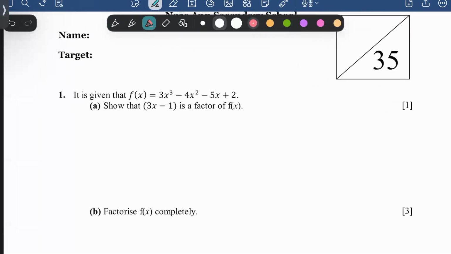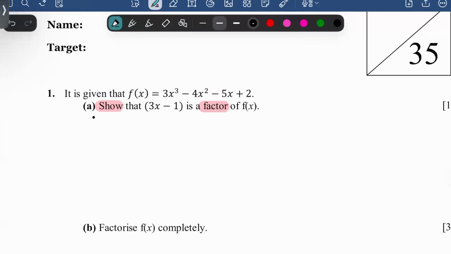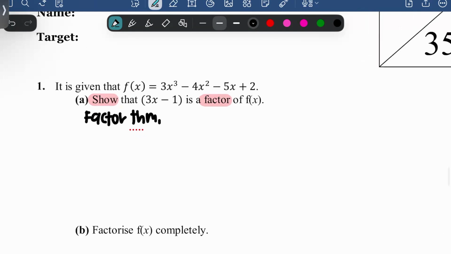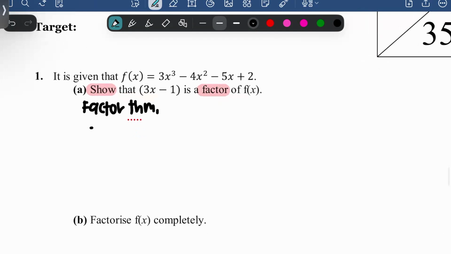Okay, so the given f(x) over here, and then you are supposed to show me that it's a factor. All right, so when this happens, we always understand this is by factor theorem. Writing down "by factor theorem" is optional for most teachers, but I just want you to make sure you understand what you're doing. So what we have here is f(x), right? So this is your f(x), 3x cubed minus 4x squared minus